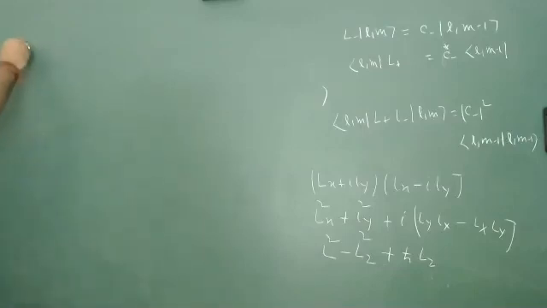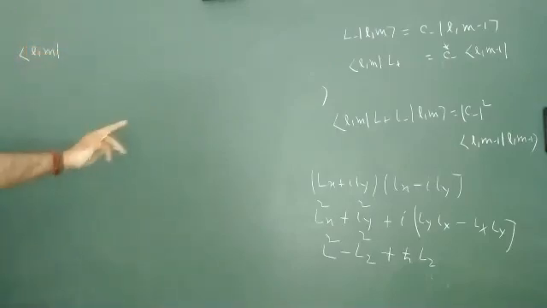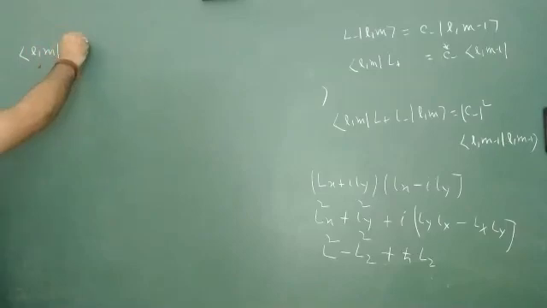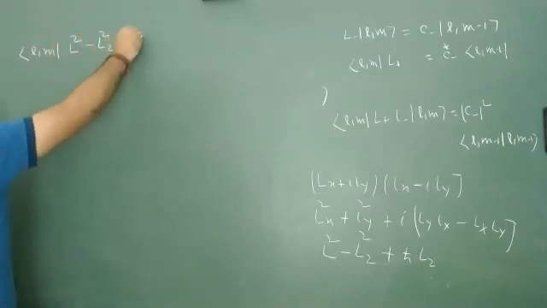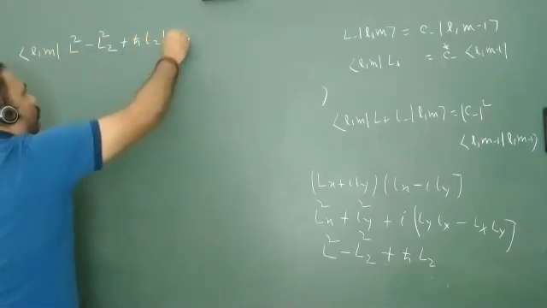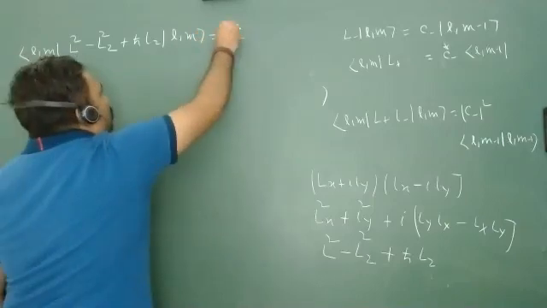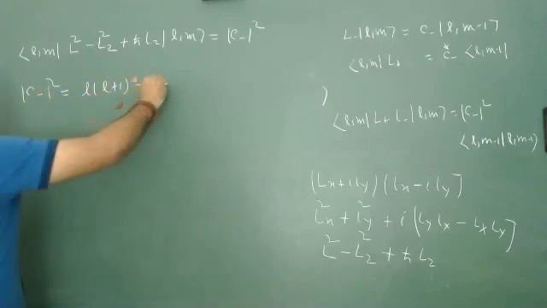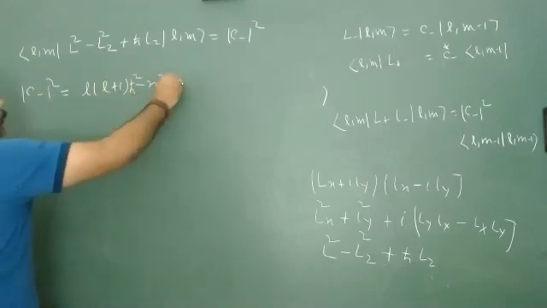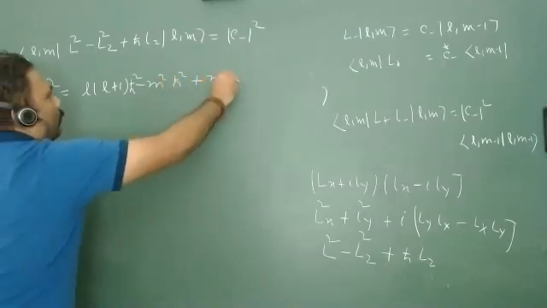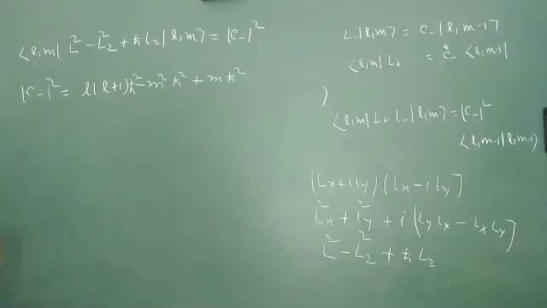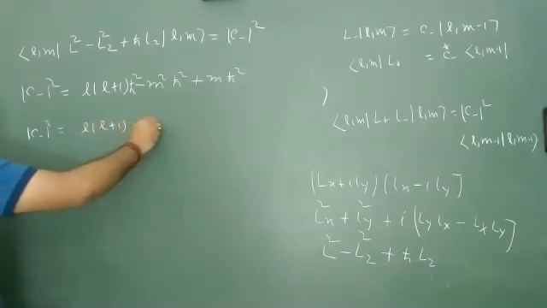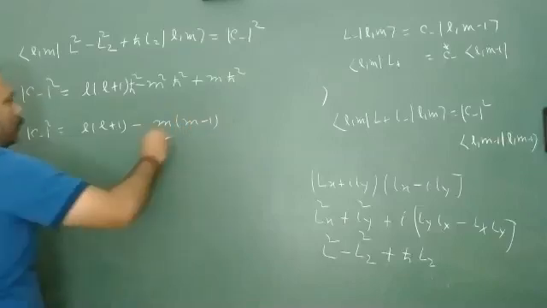So let's put it here. L minus L plus is all about L square minus Lz square plus h cut Lz, and that will be L minus Lm is equal to C minus mod square. You can again get this number, that C minus mod square is equal to L into L plus 1 minus M, and this will be h cut square M square plus M h cut square. And now you can write C minus mod square is L into L plus 1 minus M into M minus 1 h cut